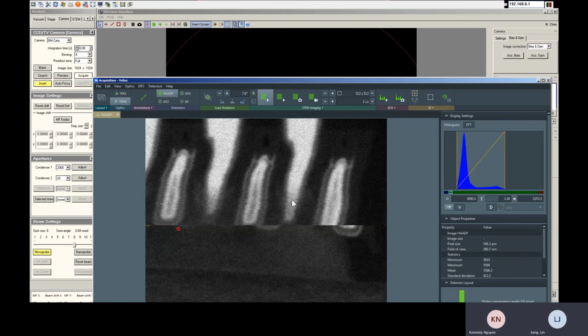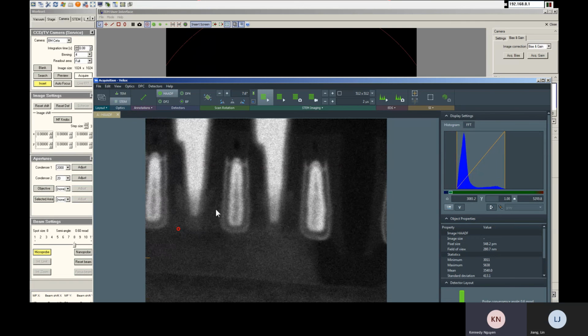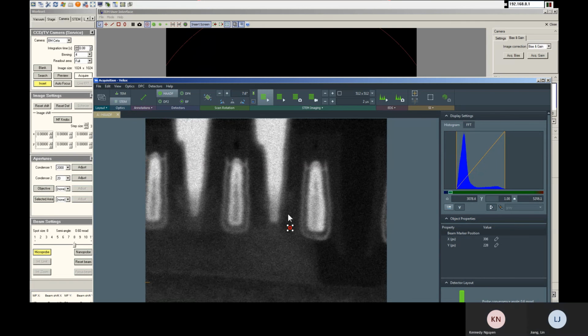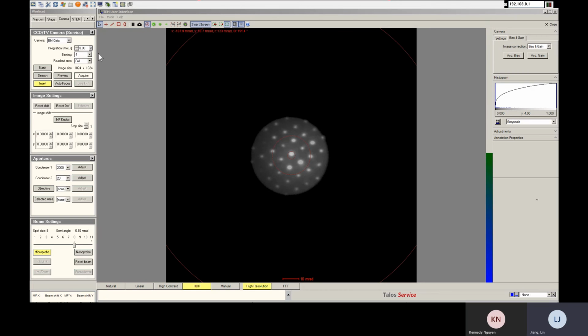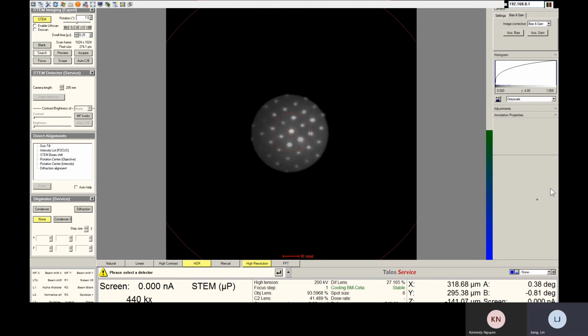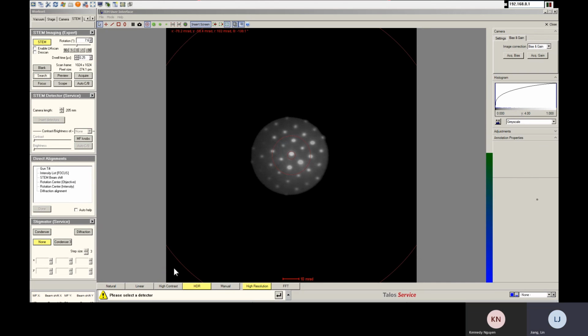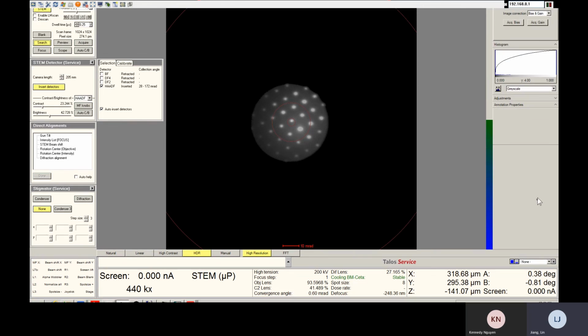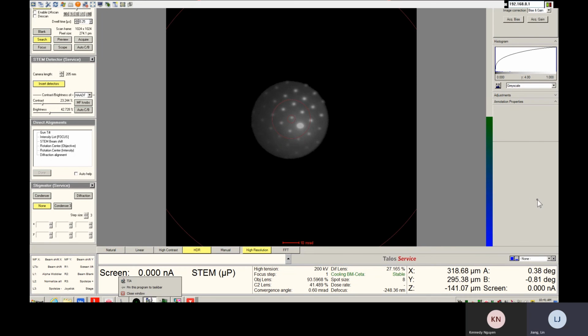Is there a way to park the spot in TIA as well, or no? Yeah, you can park in TIA. You go here. You go STEM. You click search. Please select detector. In the TIA, you need to insert the hard disk detector. Okay, and then you go search. And then in the TIA,